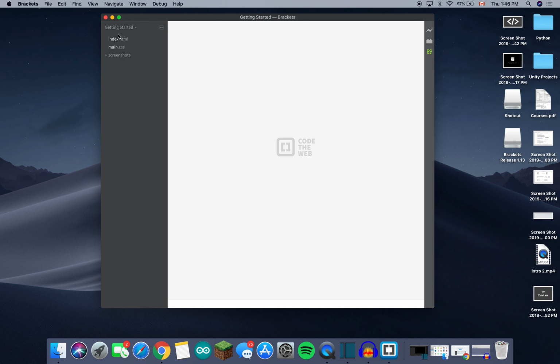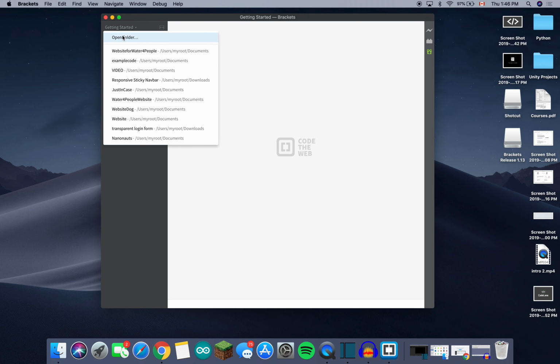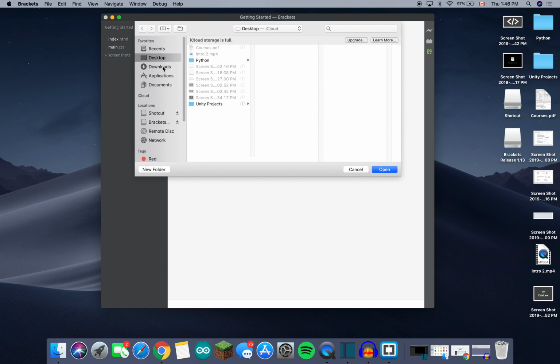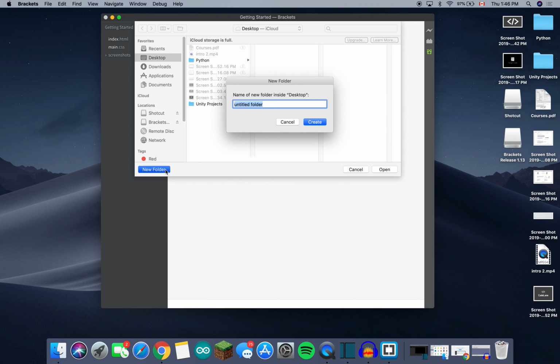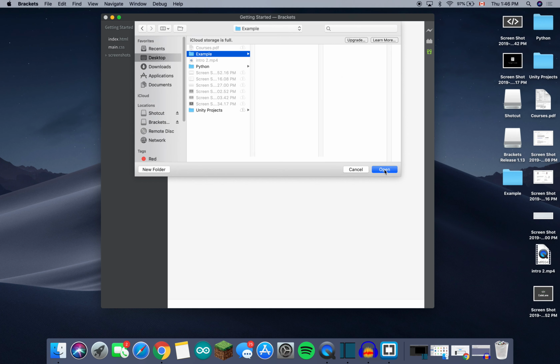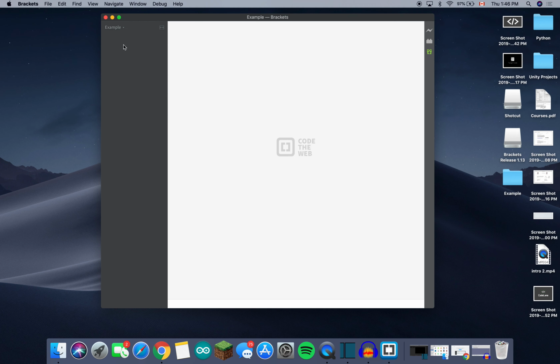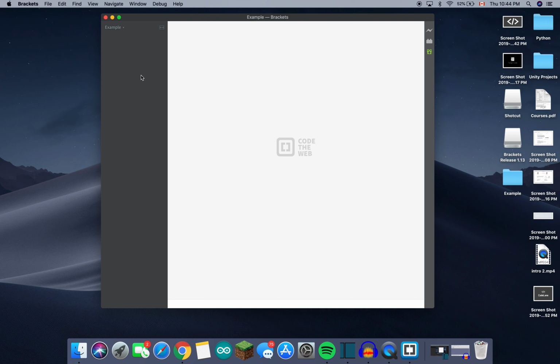Now that your Brackets application has opened, you'd want to make a new folder. Click Get Started, Open Folder, then create a new folder. Let's call it Example. Click Open. Now that you have your example folder open, you'd want to make one file called